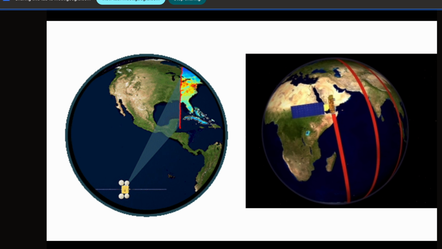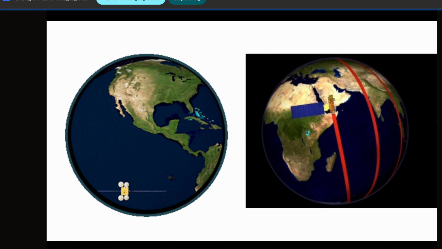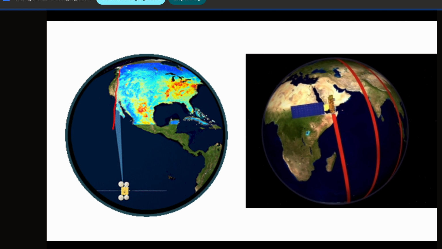If you are putting a satellite in LEO orbit and polar, as I told, based on shape, inclination and height, so LEO and then polar. The satellite will move from north pole to south pole or south pole to north pole. In the right image I am showing, it will cover the globe like this, so you can take images of the earth surface in different locations. The left side is just a depiction of temperature or something of the globe. This kind of scanning can be done by satellites also.